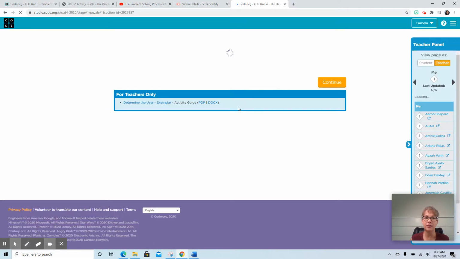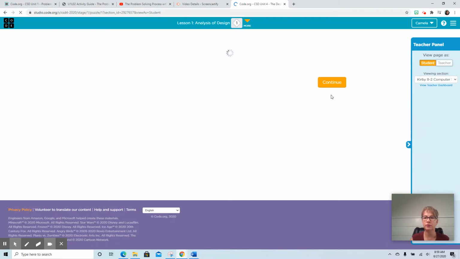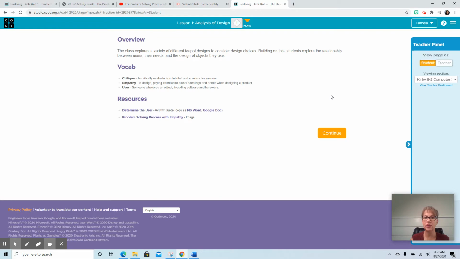And inside, you will see that it gives you an overview and vocab, so make sure you're paying attention to this vocab because you will need it. And then it's going to give you two different assignments. These assignments will also be inside your Google Classroom, letting you know that these are assignments that need to be submitted for grading. So I'm going to come over here and opt to do mine as MS Word